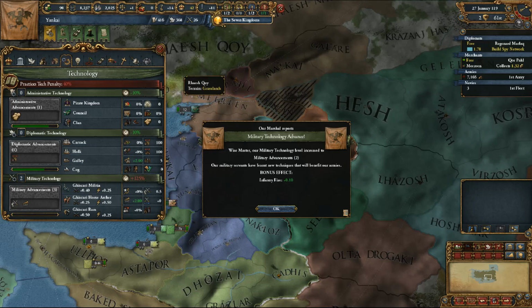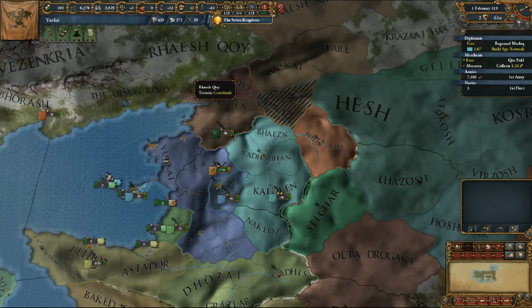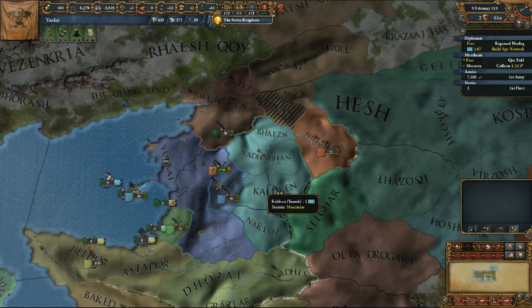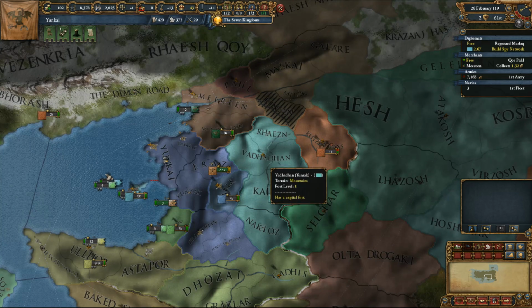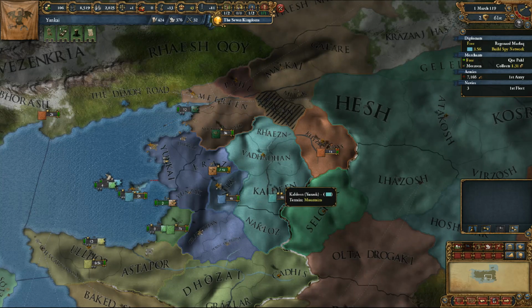Then you can also use, I think it costs you like 500 slaves or whatever, and you can use that to decrease building construction time by like 25% or 50% or something like that for 10 years. And